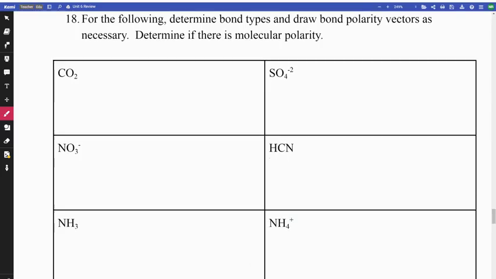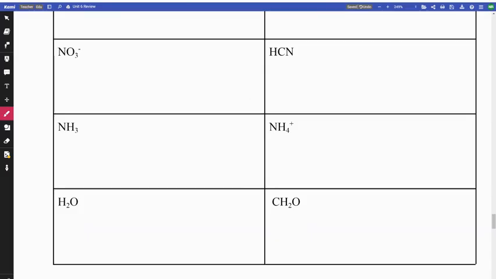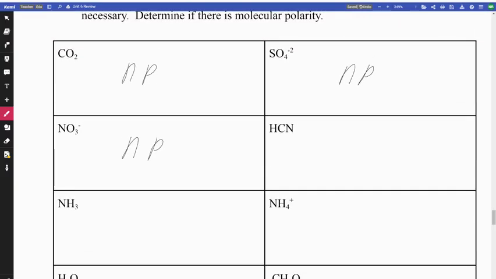All right. Next, we're determining the polarities of the compounds here. So we already wrote down in the previous question the Lewis structures and the molecular geometry. So we're just going to talk about the polarity and why they are polar. So first one, CO2 is nonpolar. We already talked about that because that is linear. Bonds cancel each other out. SO4 2-, that is tetrahedral, and the atoms are all the same on the outside, so that is nonpolar. NO3-, that is trigonal planar, and all the atoms are the same on the outside, so that is again nonpolar. Those are all three of these. They do not have lone pairs on the central atom, and all the bonds on the outside are the same,